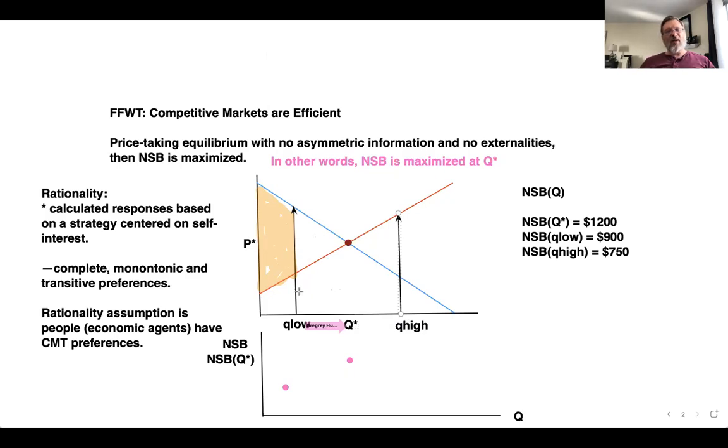Because whereas on the left-hand side, it's really easy to see that if you lower the quantity, you just get a smaller amount of total surplus. And I'll go ahead and get rid of that and get rid of that. Here, it's a little bit different because really what you're doing is, for all of these units up to Q star, you've got all this total surplus here, which is, again, net social benefit, right? And then for these units over here,